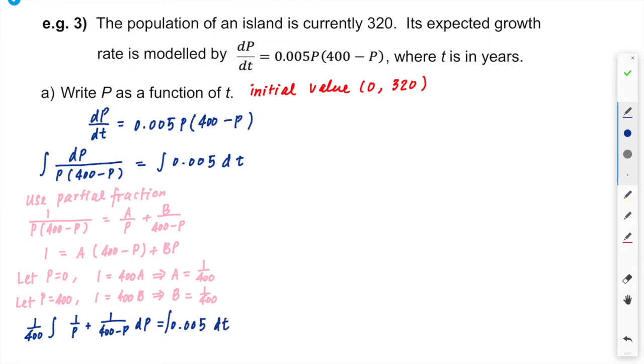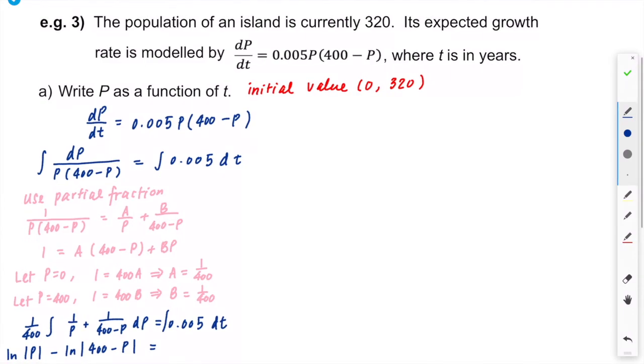Okay, so I can multiply 400 to the right side, and when I integrate that, I have ln of P minus ln of 400 minus P, because it's a negative P, so I have a negative sign in front of ln. And then the right side of the equation after I multiply 400 is going to be 2t